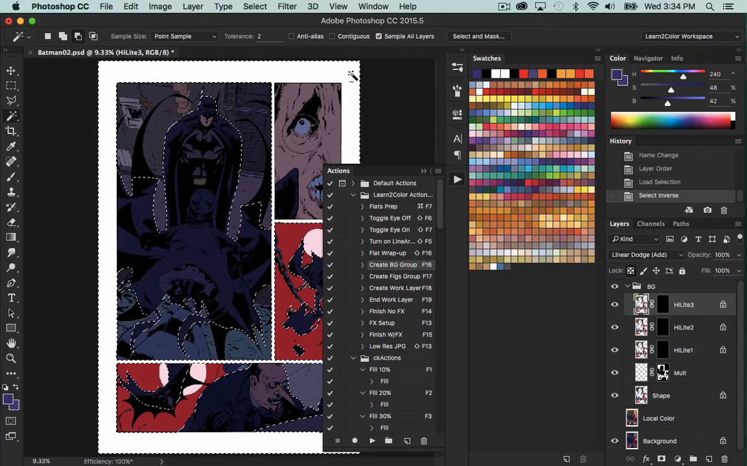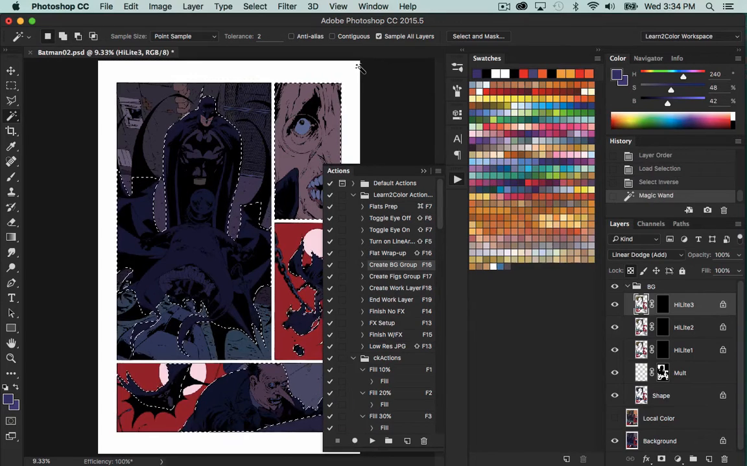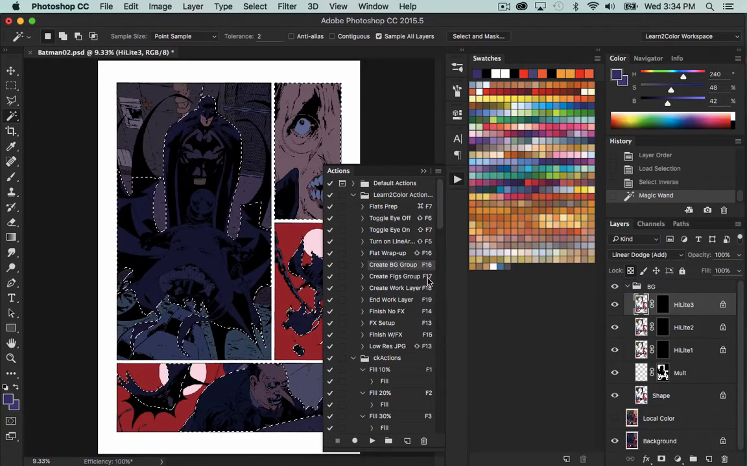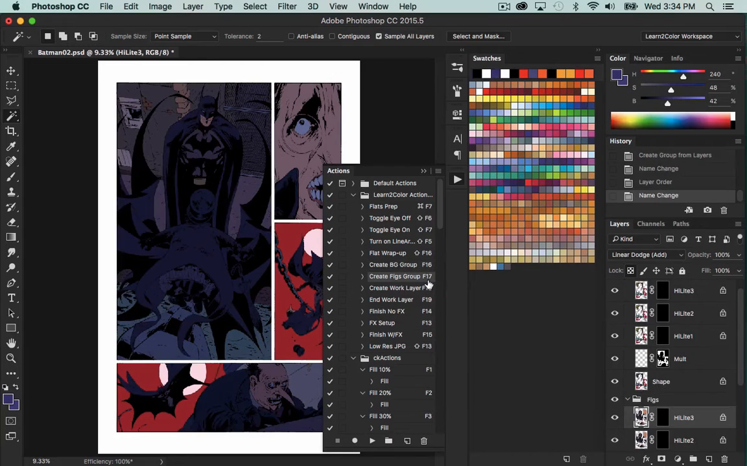So now I'm just going to deselect the borders because I don't do any rendering on the borders. And now you can see that the figures, Batman and the Penguin, are now selected. And so then I'll do the create figures group, which again is assigned to an F key. This time I'm just going to hit the F key there. And so now